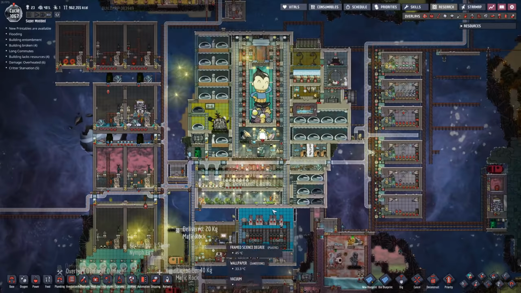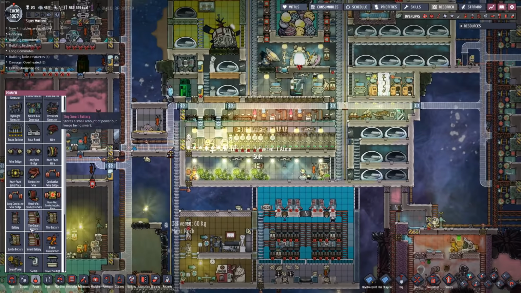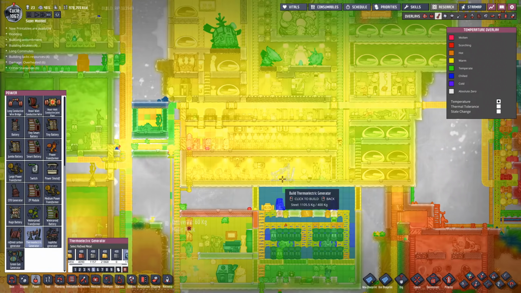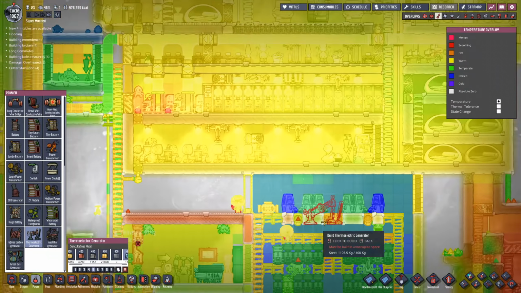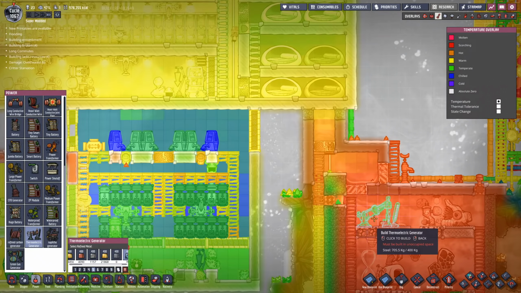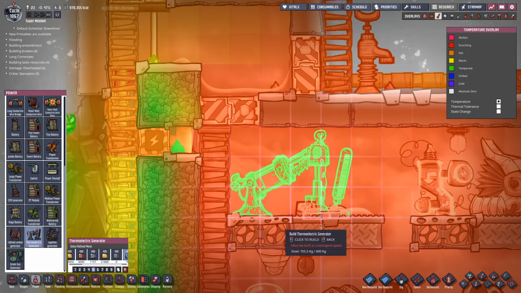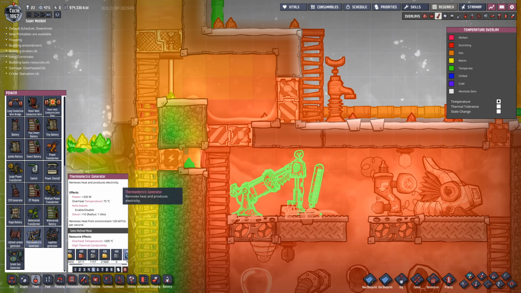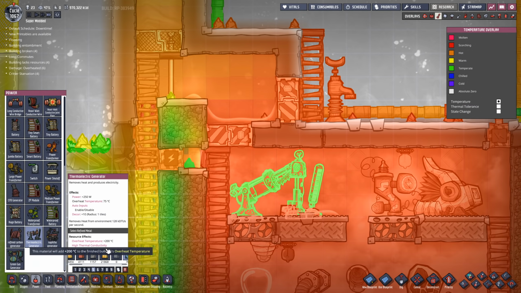Let's take a look at the power generators. We got some new ones here. Alright, so the one that really catches my attention here is the Thermoelectric Generator. It looks like a hydrogen generator, however, it works slightly different. Let's go ahead and build it right down here, because this is a good example of a good spot to put one. It only produces 250 watts, and has an overheat temperature of 75 degrees unless you make it with